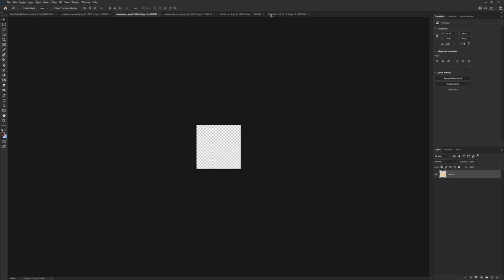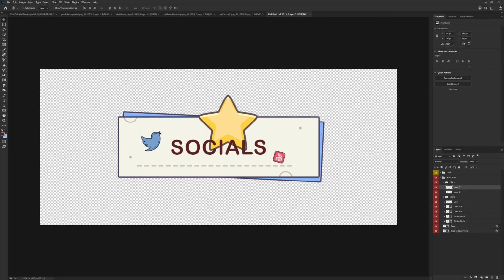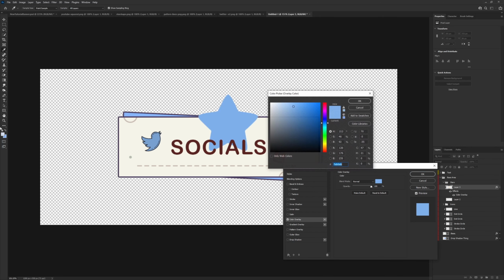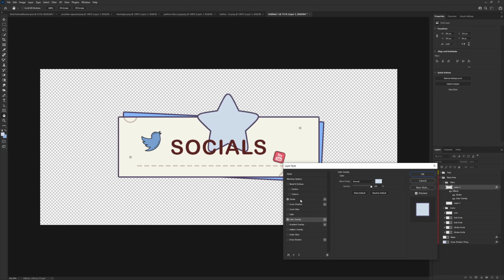So we have a star shape. Let's go ahead and drag that in. Now for this, we're going to right click, go to blending options, go to color overlay, and we'll be using the following color for this star. Again, pause if necessary. Then we're going to go over to stroke, and the color we're going to use for